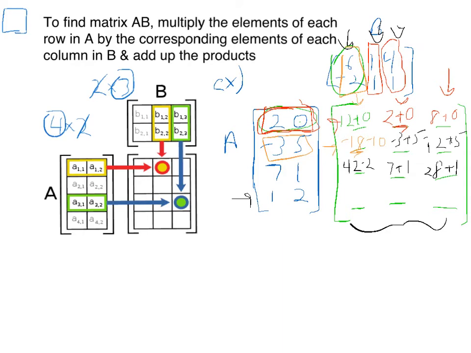row here. 1 times 6 is 6, plus a negative 4. Negative 2 times 2. 1 times 1, plus 1 times 2. 1 times 4, plus 1 times 2. Okay, and our answer is,